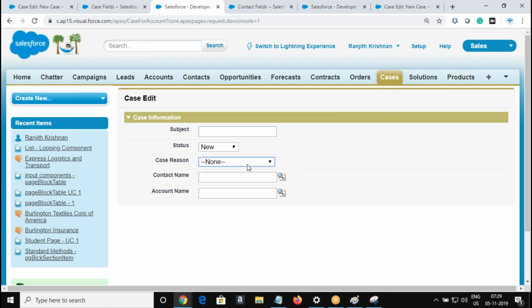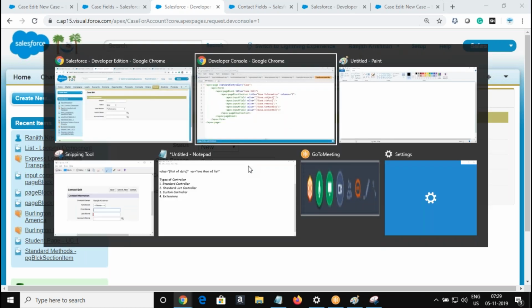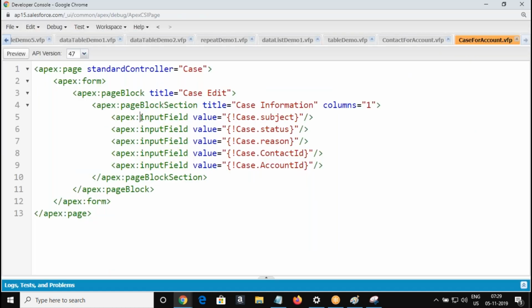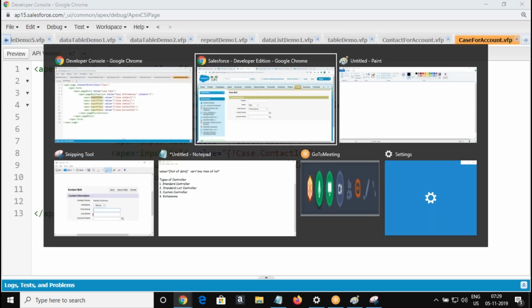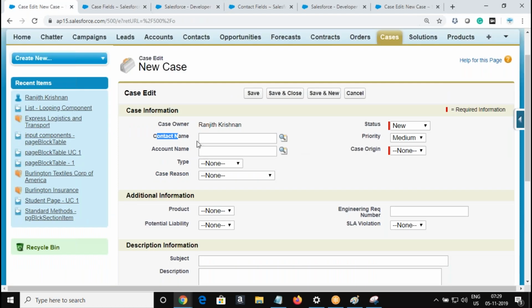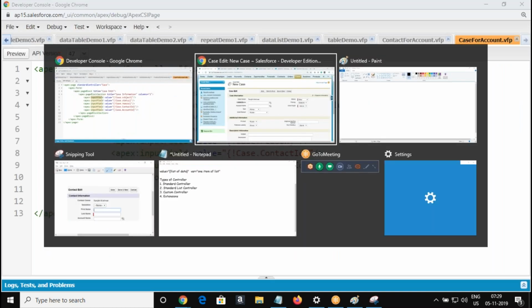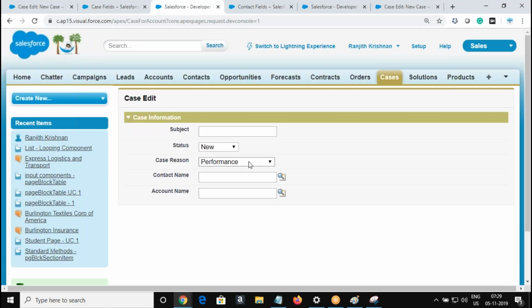And this is a drop-down field, so it automatically brings the pick list options. This is a property of your input field. Input field will bring the attributes of the Salesforce field, like the drop-down, and if it is a date field, you can bring the date picker here. All those attributes you can bring here.